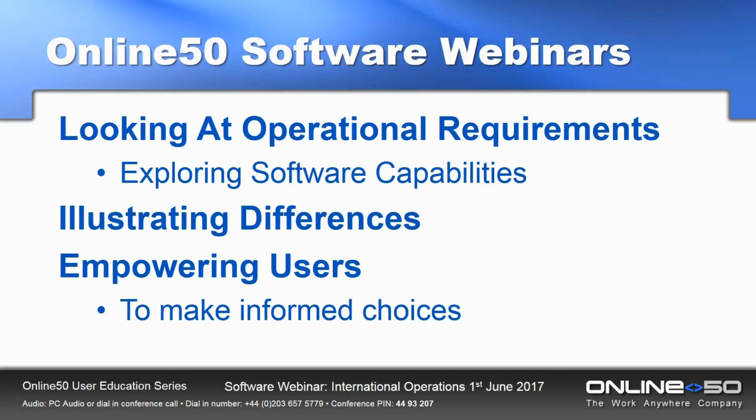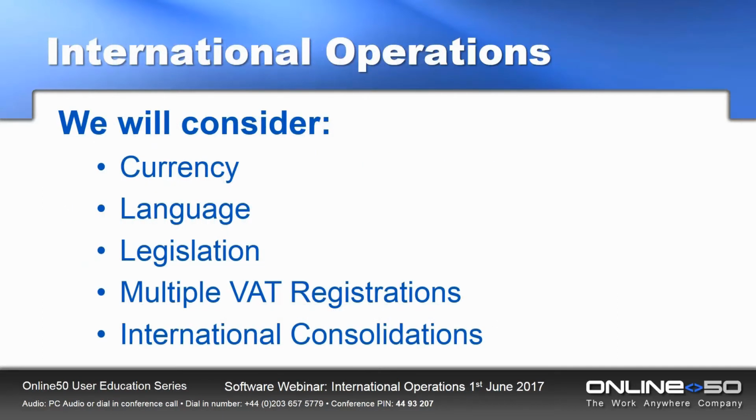Today, the UK is a member of the EU. However, we have voted to leave the EU and it's unclear what that will mean in the future. It seems likely that this will require more businesses to think about the kind of topics we're discussing today. In today's webinar, we're going to consider currency, language, legislation, multiple VAT or tax registrations, and international consolidations. These are all aspects of international operations that can be assisted or in some cases hindered by software. We'll discuss the operational requirements and then look at what support for those requirements